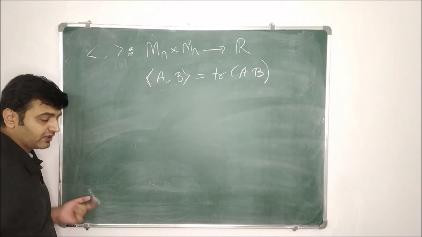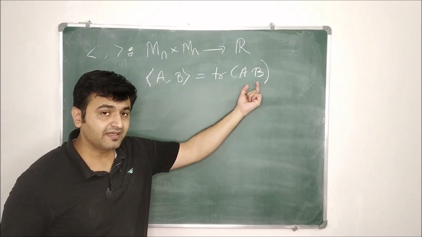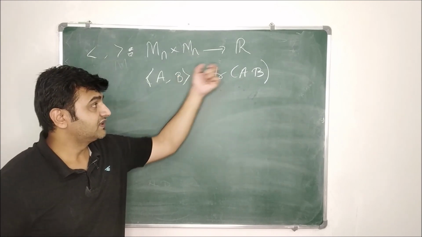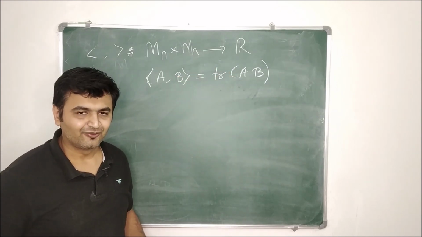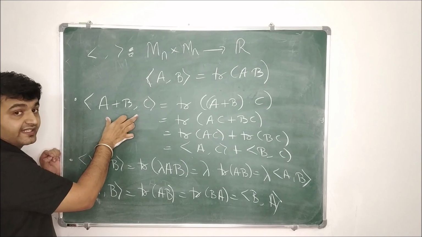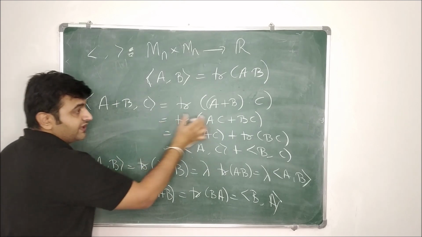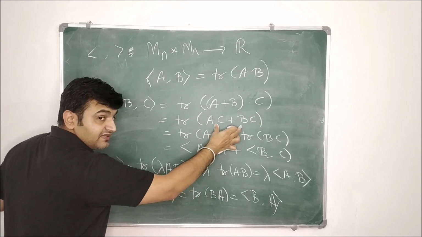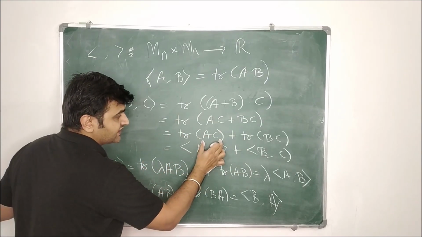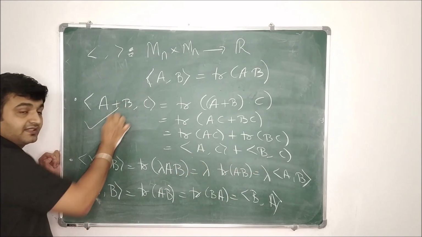But then one can ask, if I take square matrices and define the inner product as trace of AB, here AB makes sense because both are of order n cross n. So AB makes sense, trace also makes sense. Does this form an inner product? Let's check the properties. The first one is linearity. Inner product of A plus B comma C is trace of A plus B into C. You are simply taking the product. By distributivity, C will come inside. But what is trace of X plus Y? It is trace of X plus trace of Y. So this is trace of AC plus trace of BC. What is this? Inner product of A and C plus inner product of B and C. So good, linearity gets satisfied.